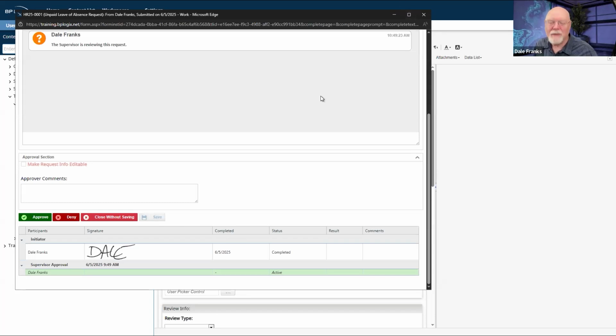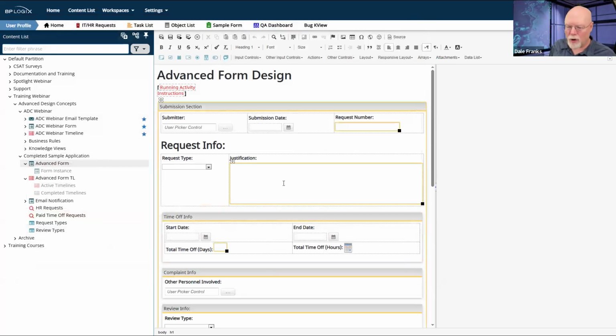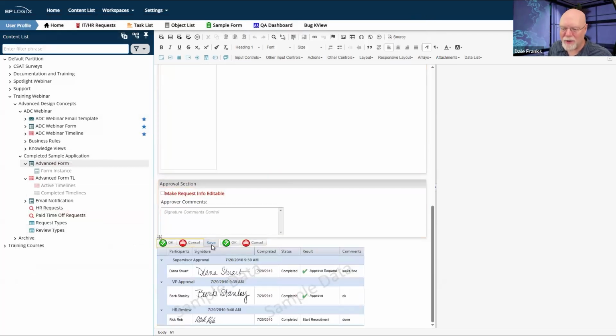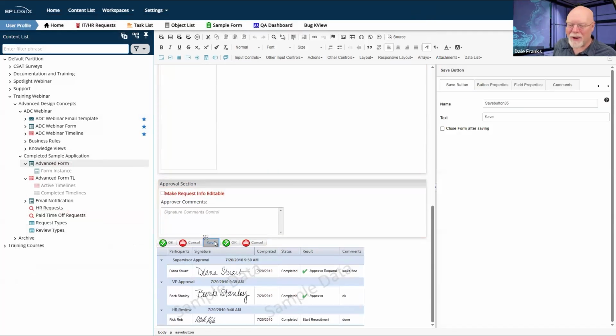That is admittedly the exact opposite of how you would like the save button to work. How you would like it to work is for it to show up by default whenever you're submitting a new form instance, and for you to be able to just hit save and have the form save and have you move on. That is not how it works.